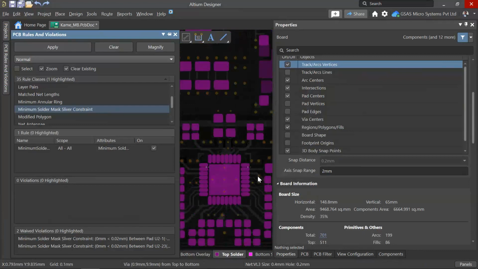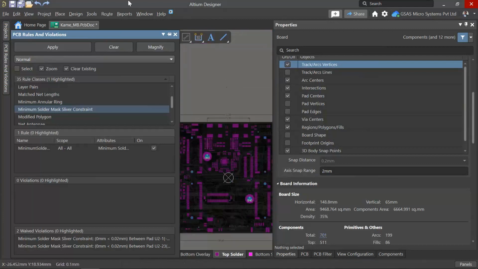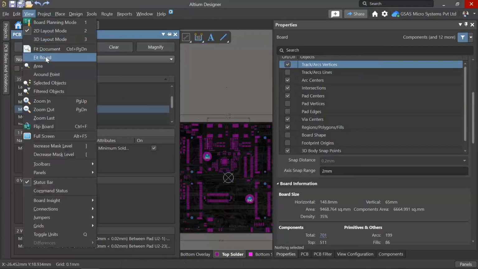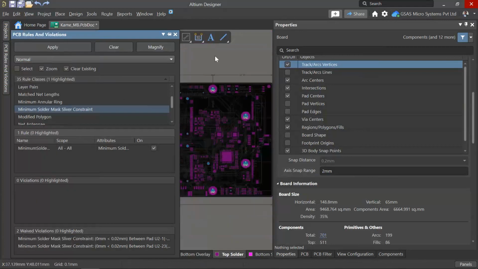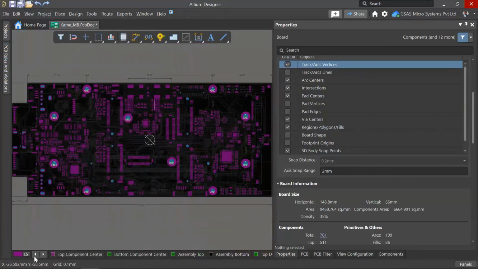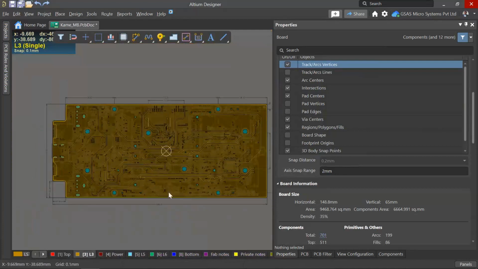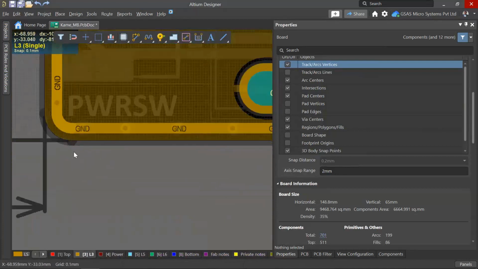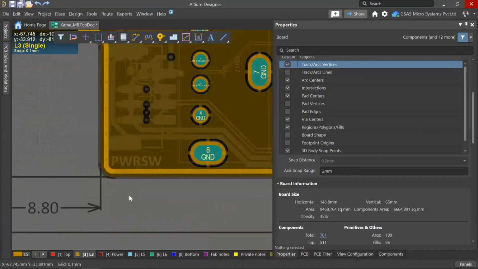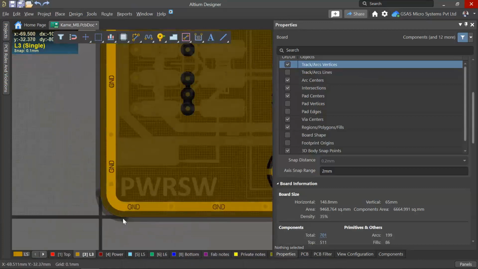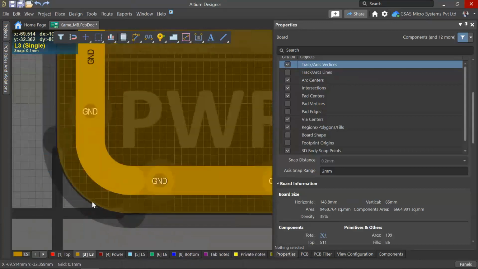Ninth check we need to perform is clearance to the outline, the clearance from the outline of the board. Let me make it board normal, and let us move to the top layer. That means clearance from the board edge. If you can see here, the board edge is this outline, and we have the polygon which is poured